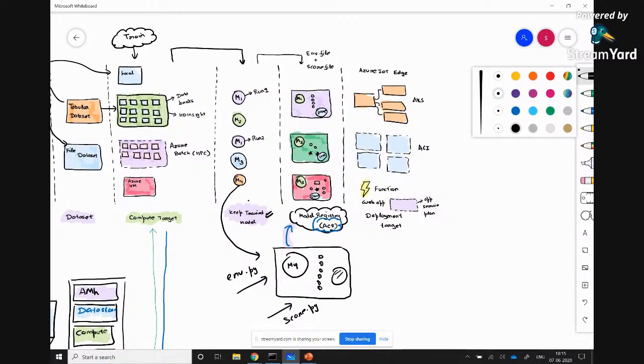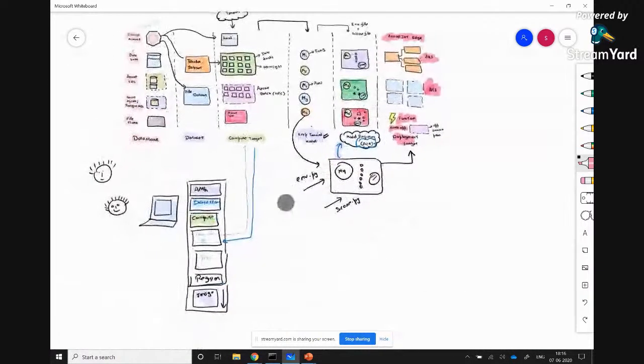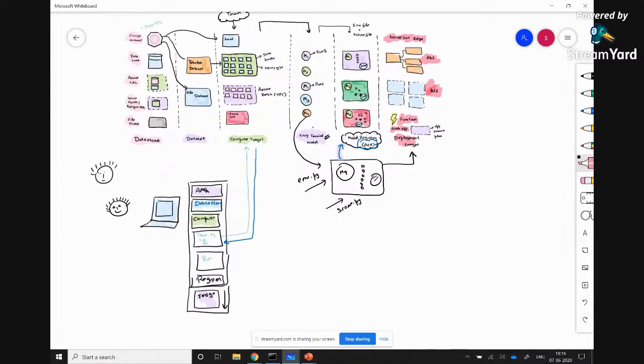Now, once I have this model, I can publish this model to any location of my choice. Maybe it's a Kubernetes cluster. Maybe it's another type of cluster over here. ACI we call that. ACI is basically where you run your Docker containers. Azure Function is serverless. A web app is like a website, and you can also deploy solutions on IoT edge. So what Azure Machine Learning provides is a pipeline where a data scientist can use his laptop,